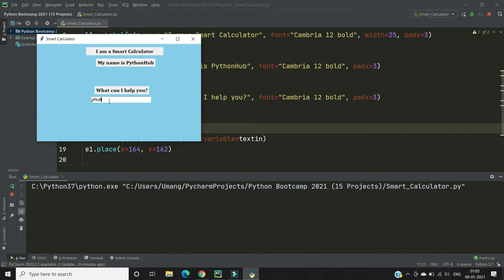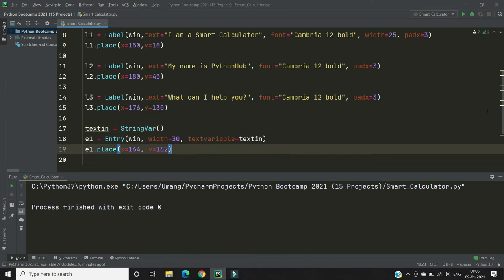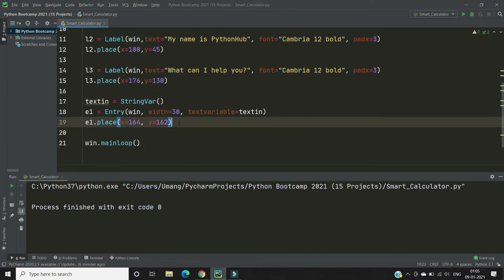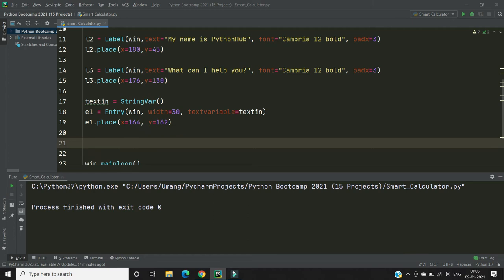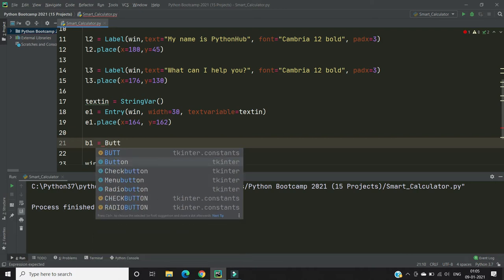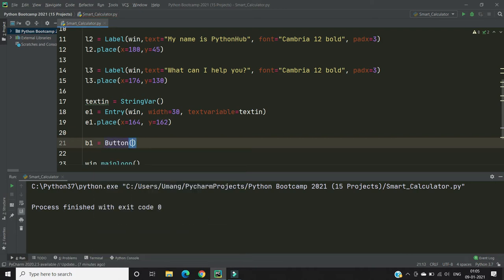We can give an input here, but there's no button to calculate the result. So let me close this. So after creating the entry, we will create the button having text just this. So to create a button, we will use button method and then pass window because we are going to place this in window. So then text equals to just this, or you can change this to get result,